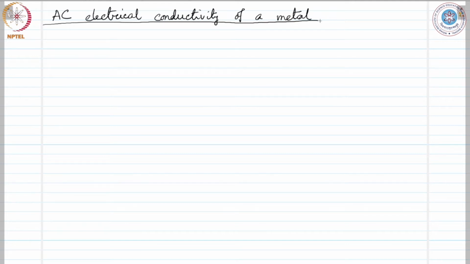When we are talking about AC electrical conductivity, that means alternating current, we are going to apply a time dependent electric field on the metal. So, to calculate the current induced in a metal by a time dependent electric field, we need to assume a form